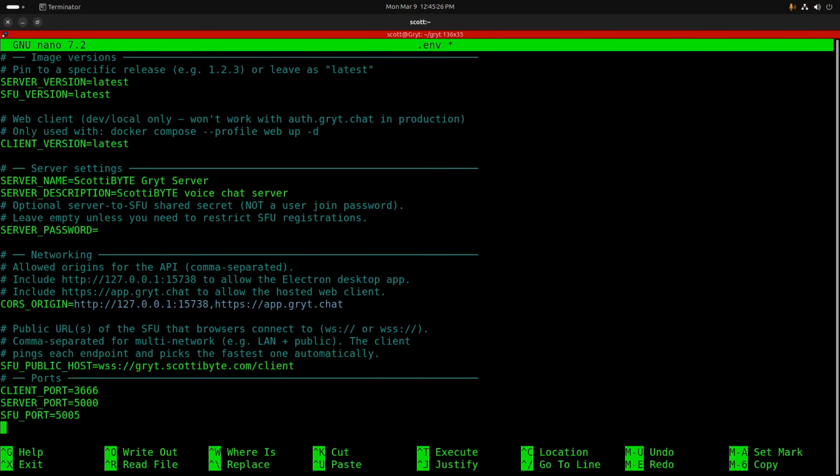One thing you're definitely going to want to change is your selective forwarding unit public host address. This uses WSS, which is WebSocket Secure, and then you're going to specify your subdomain name. So you're going to go out to your DNS provider and create yourself a domain name for Gryt. I created gryt.scotti-byte.com,